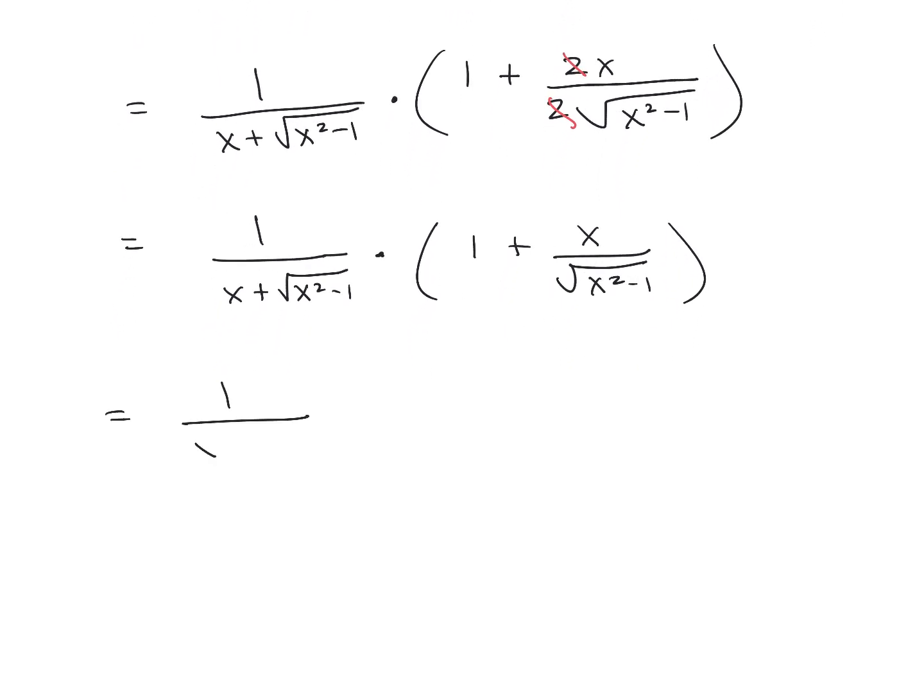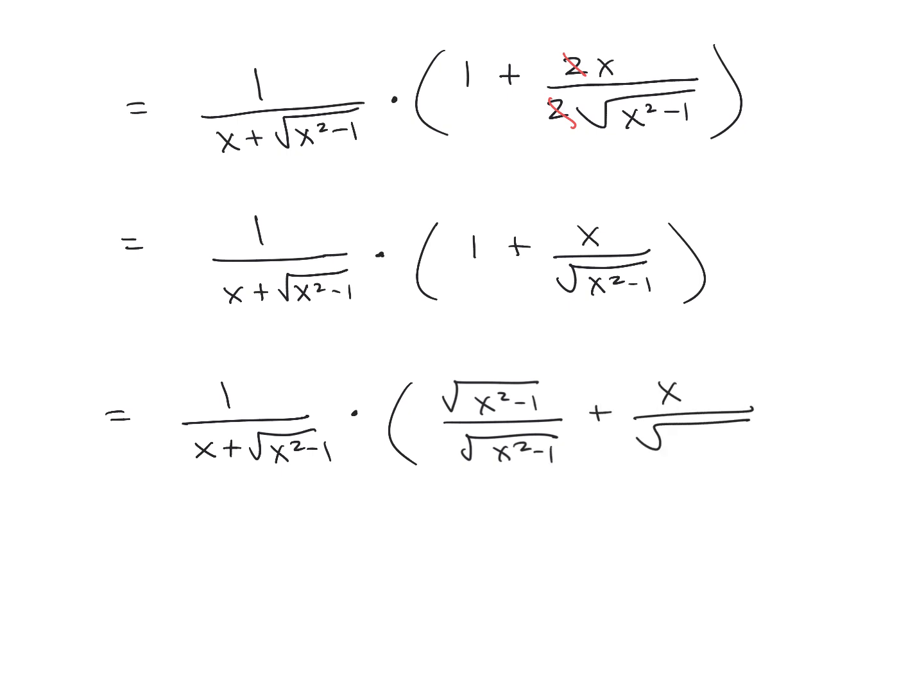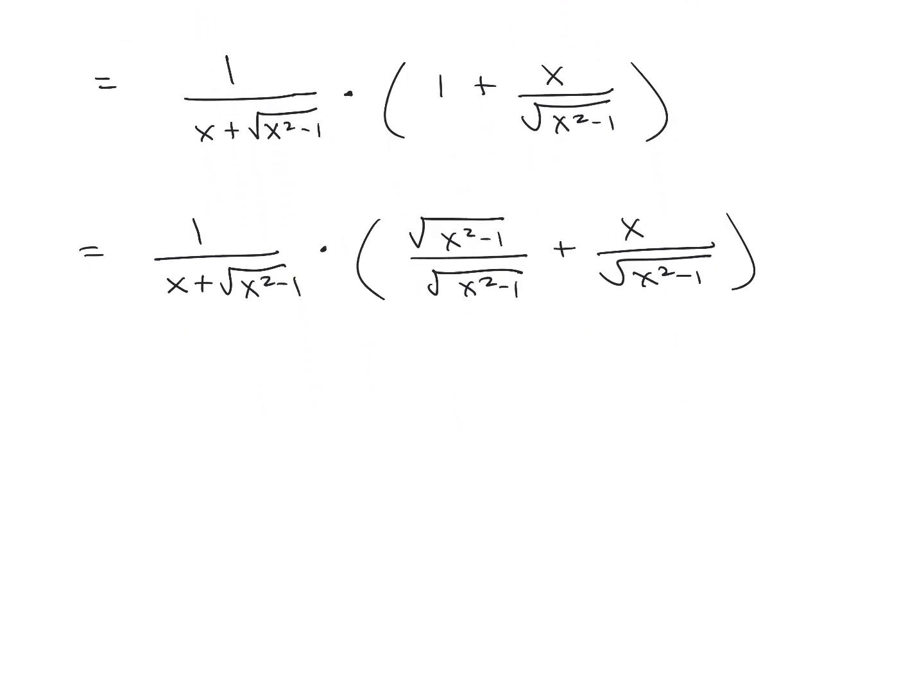So that's still 1 over x plus the square root of x squared minus 1. Over here, we multiply the top and bottom by the square root of x squared minus 1. And over here, we still have our x over the square root of x squared minus 1. So when we add those together,